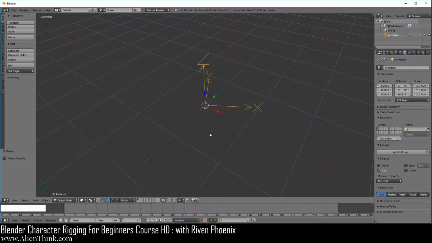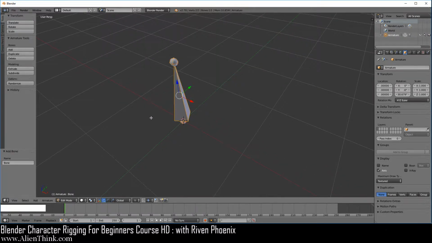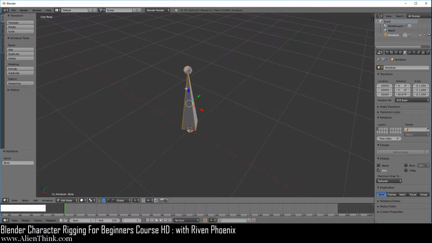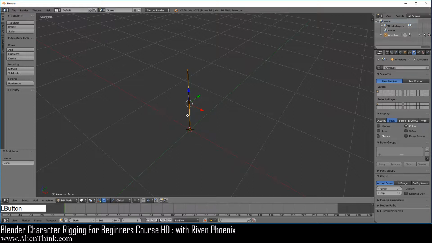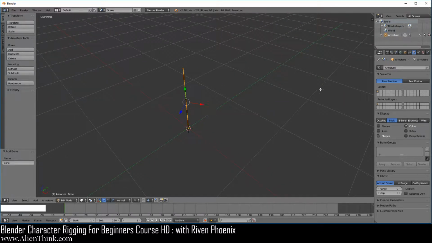Okay, so now what happens is that when you switch to edit mode over here and do Shift A to add a bone, the bones are going to have their own axis. Now, we've already seen that if we want to see what the axis looks like for these bones, it's better to click over here and switch to stick mode so you can visualize it, and now you have to click on normal. So you can see that this is the axis for the bone. And over here on the bone tab, if you enable the axis, it's just going to show you the axis for your bone on its tail.